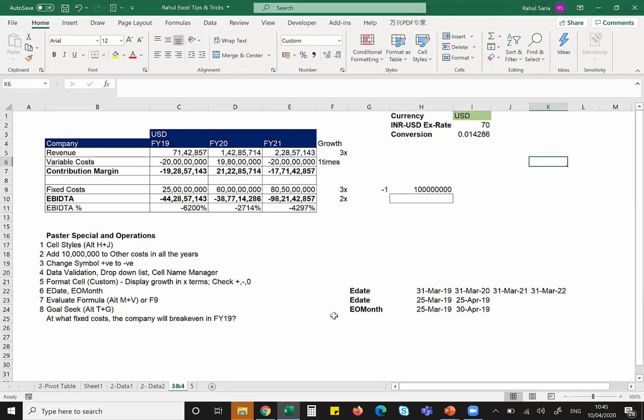Now we always do this when we try to match the balance sheet or when we do control checks. Even in that case, we can use it. Say for example, I put a formula out here: revenue minus variable cost minus fixed cost minus my EBITDA should be 0, right? Now this 0 doesn't look good. This is a sum check, so I put a check formula. But if I show it to someone and send it as a report, this 0 doesn't look good.